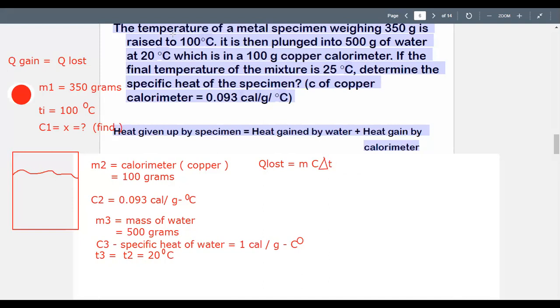In this case, the value of our mass here is equal to 350 grams, times its specific heat, which is unknown, and